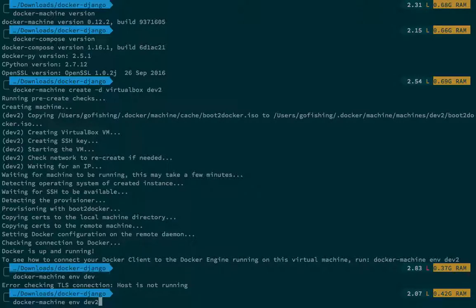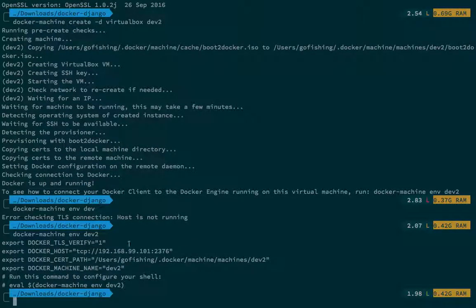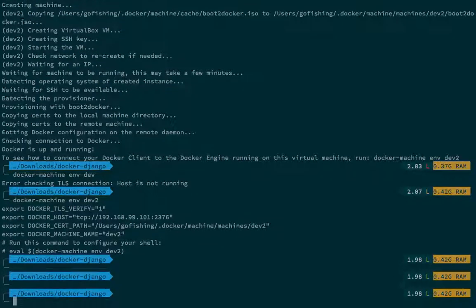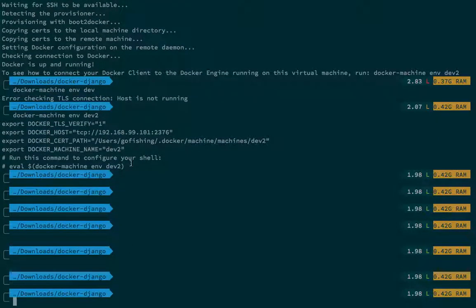Oh, I have to pass dev2. So now as you can see, this particular part here has exposed some of the variables to my env for the docker containering part. Now to configure this to my shell, it's saying I have to run a command, eval docker